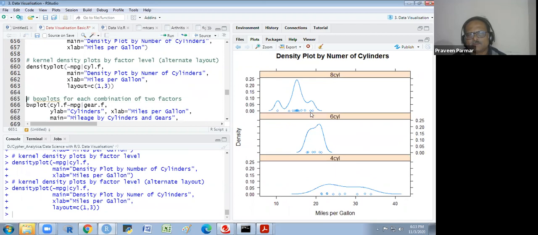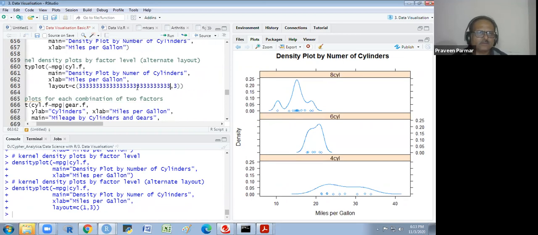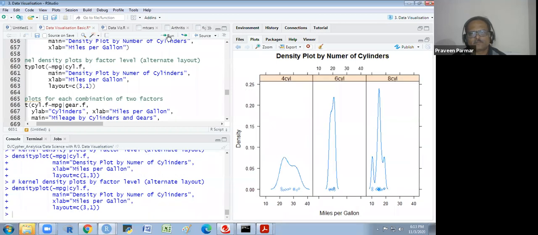So you see, layout 1, 3 gives us all the 3 plots in one row, or we could use 3, 1. Okay, sorry, this key is always troublesome. 3, 1. You see, in this way I can make it.